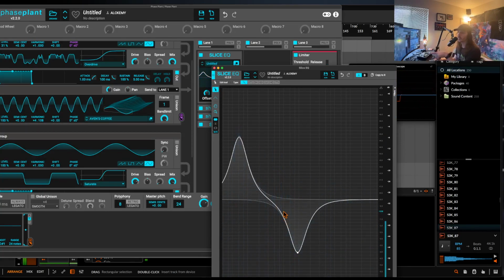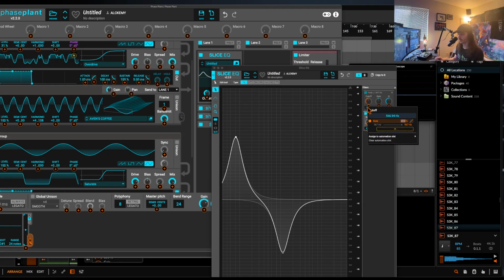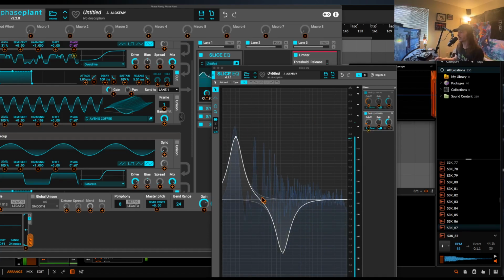And now because we've dipped the mids right here, if we were to set this to key track as well to the same depth, so what is that? That's 23%. And we utilize this and we go click 23%. Then in theory, this should